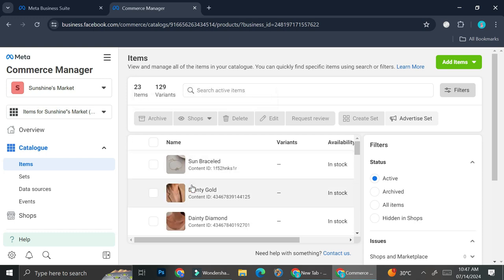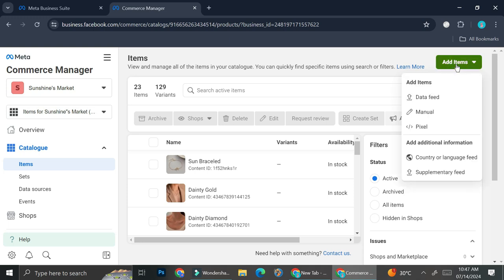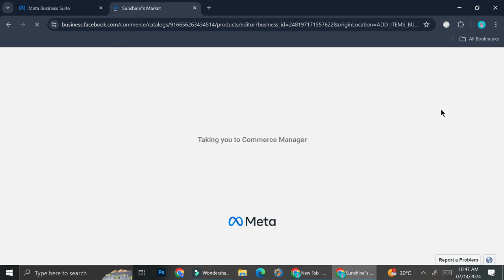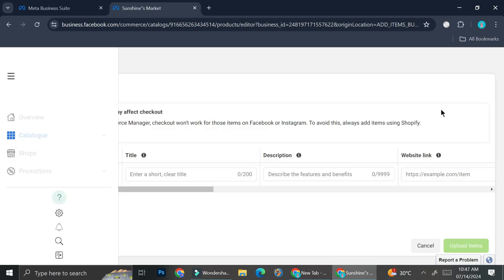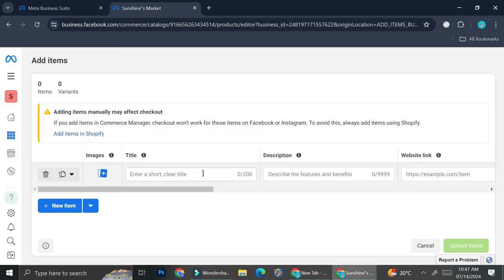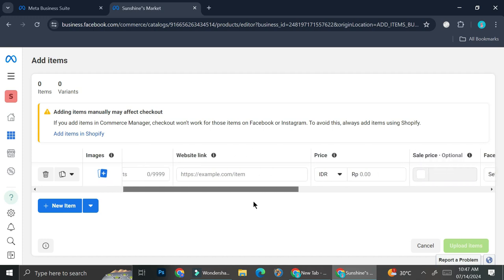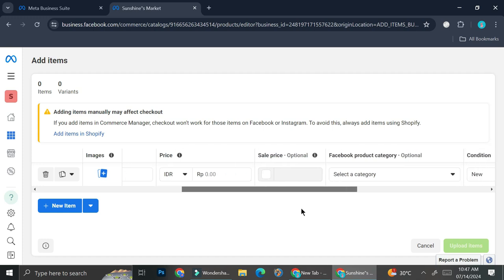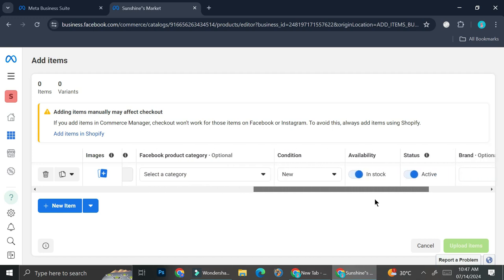So here on the items sections, you'll be able to see an add items button on the top right of your screen. And if you would like to add your product, you can actually add your product through data feed, manual, as well as pixel. And I'm going to show you how to do it manually for now. So go ahead and click on manual. And then you can add more than one item at once, and all you have to do is fill in all of these details right here, like the title or the name of the product, and then description, some website link if you want to connect your websites to it, and then the price of the product, the category, the